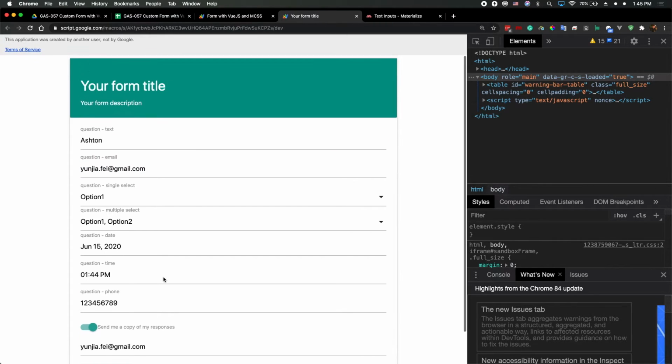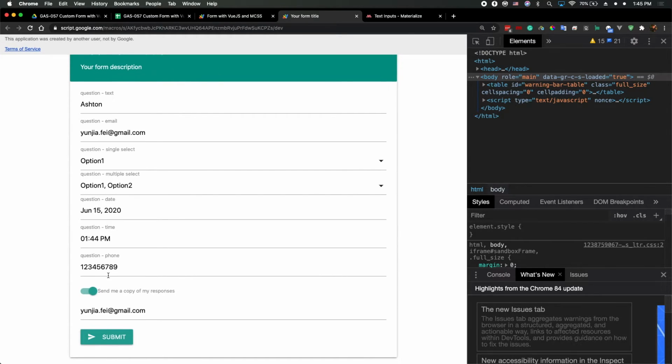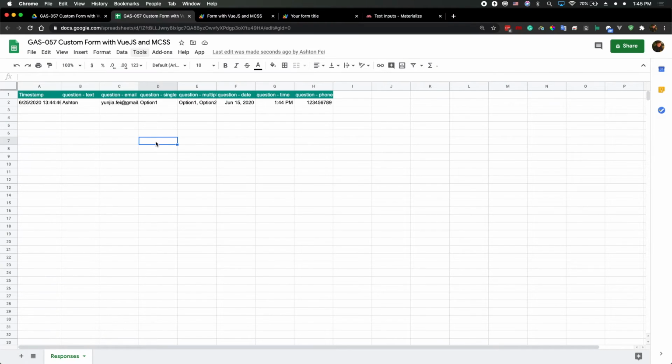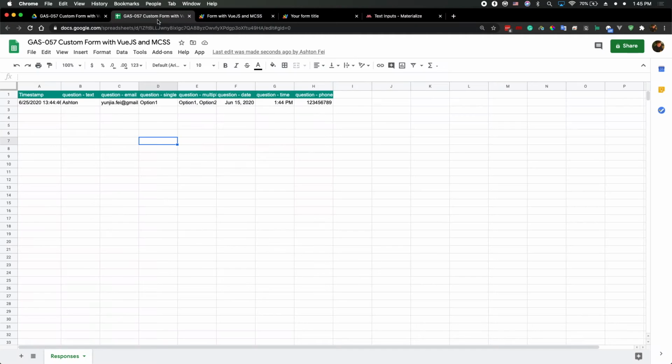Okay, anyway, once you do the submit here, you should be able to see the data in this sheet. Remember, don't change the sheet name here, because I use this tab name in the code. If you change the name, the sheet maybe cannot find the name. All right, so as you can see here, we have the data,